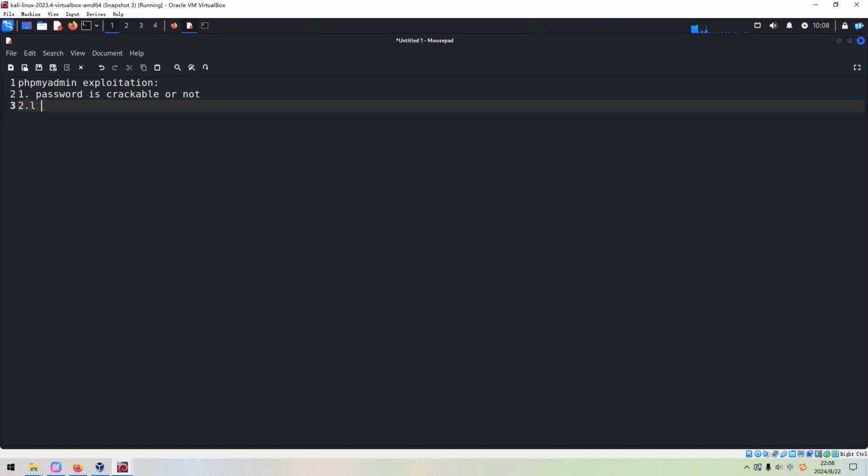Then next, we can use an SQL query statement to write files, for example, a malicious PHP reverse shell file or a one-liner PHP web shell. So for example, we can use select and we can write something like this one.